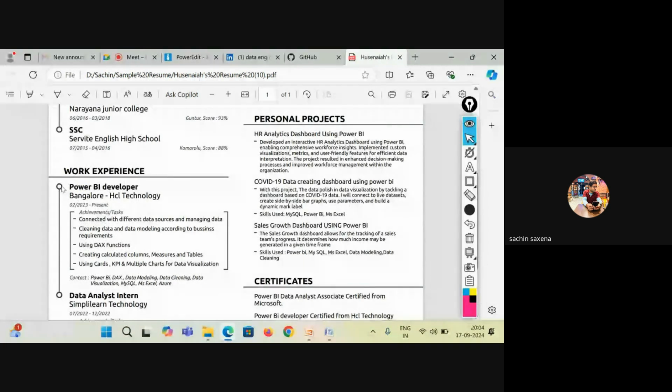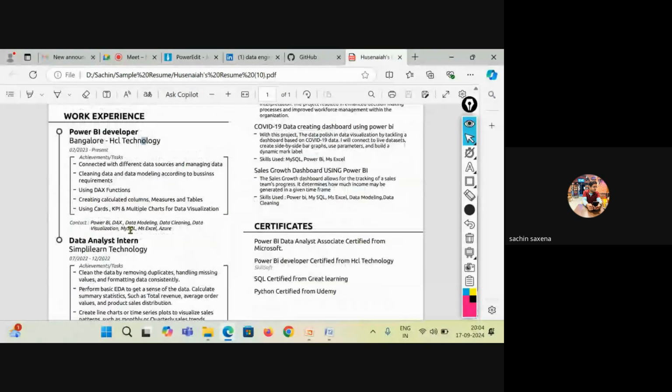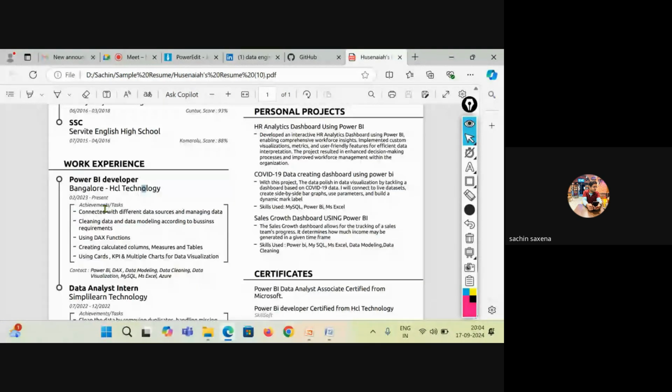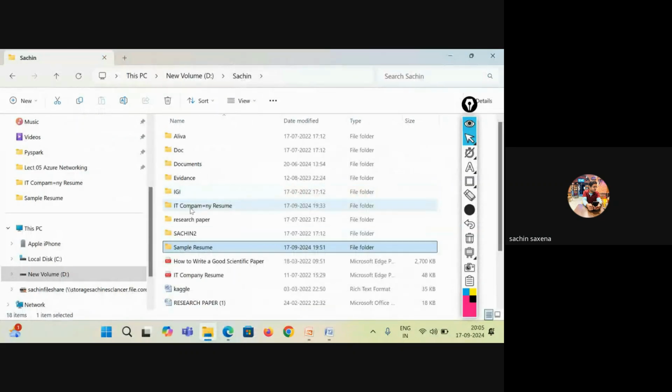Work experience showing properly, Bangalore, HCL Technology. He is showing everything here. So you can create more boxes here and here, or you can see my CV as well. For experienced people, they can refer to my CV. If I go back here,